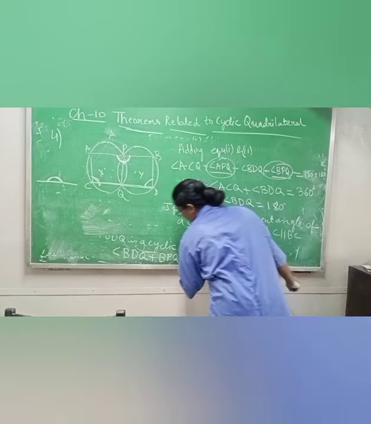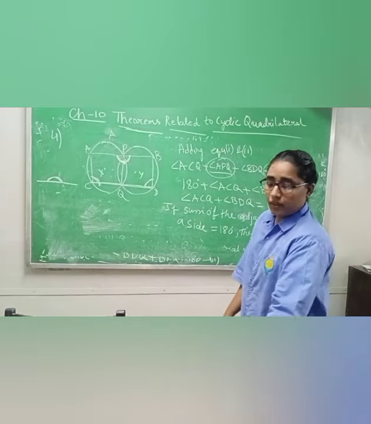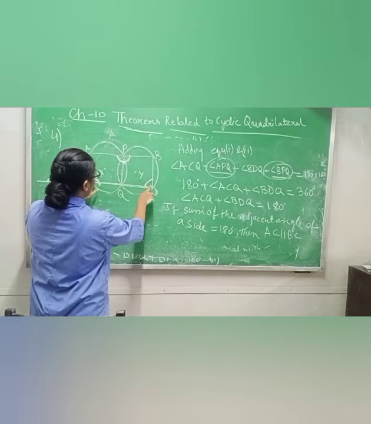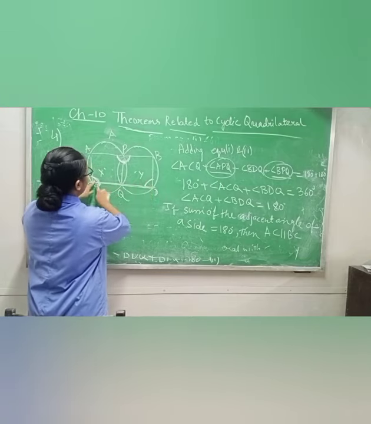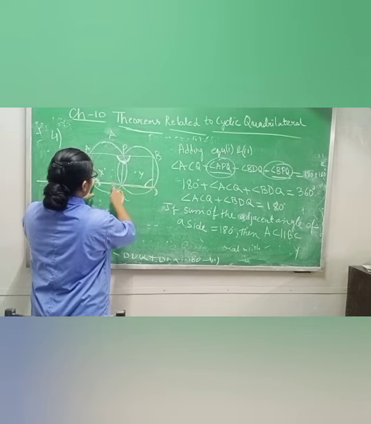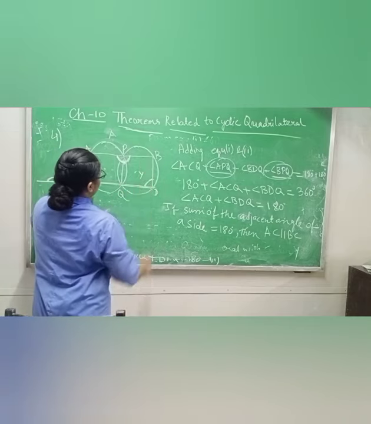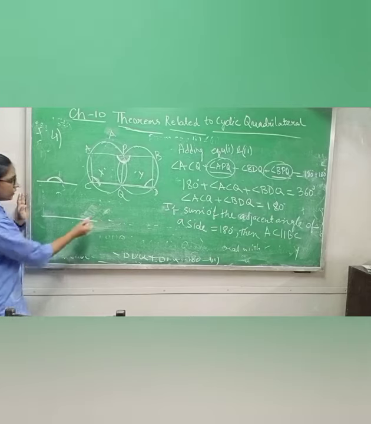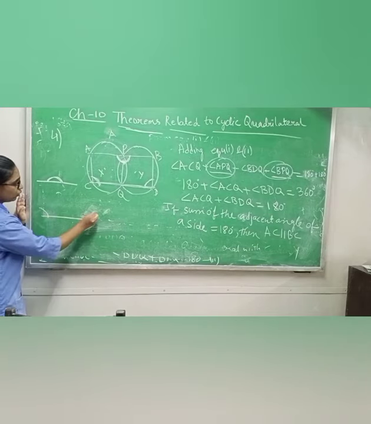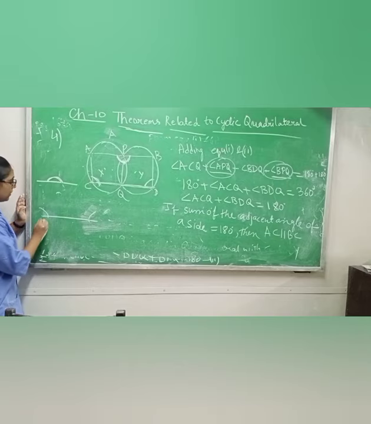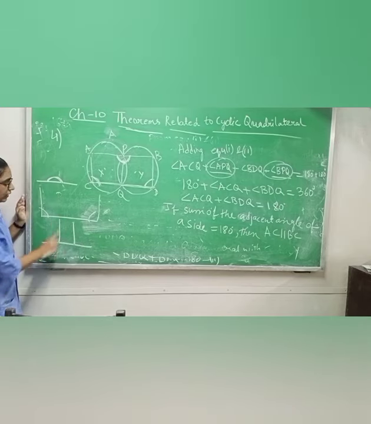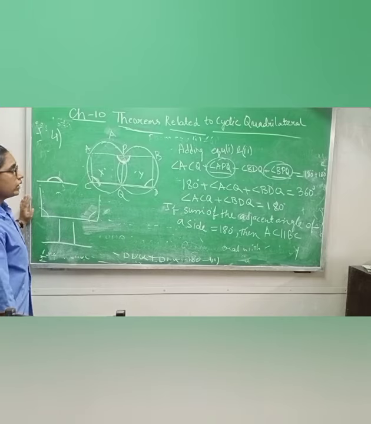Now you will ask why it is happening. Whenever two adjacent angles, see adjacent means one by one, have a sum of 180 degrees, it means they are lying in a straight line, and if it is a straight line, whatever lines we draw, those two lines will be parallel. See, suppose this one is a straight line, and the sum of these two angles is 180 degrees, it means whatever straight line we draw, those two will be parallel to each other. If we have a straight line and this one has two angles, then these two are also parallel to each other.